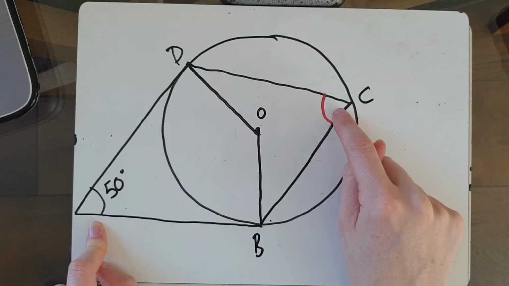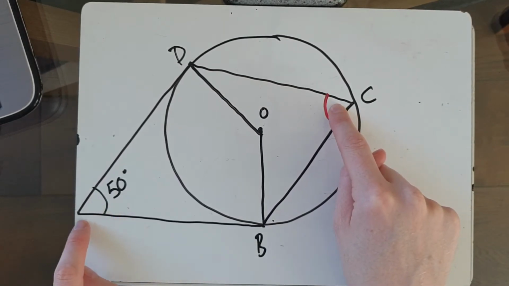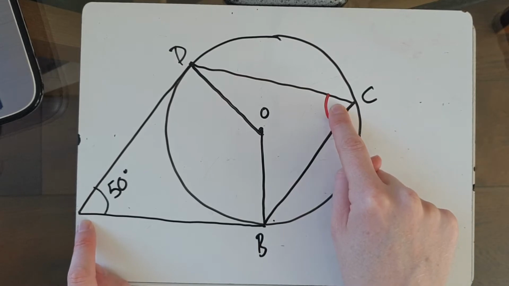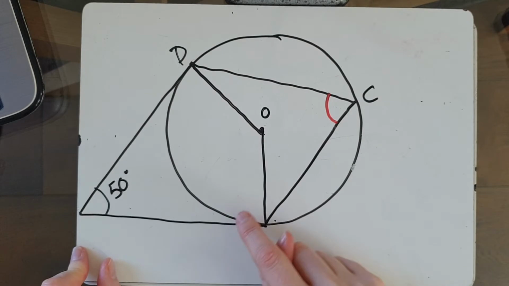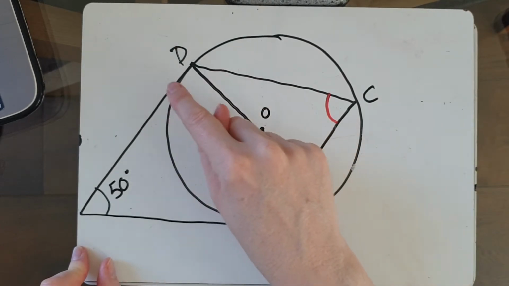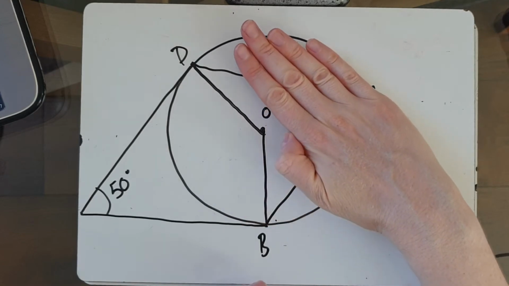It would be difficult to find this angle from this angle. It's not a cyclic quadrilateral because this point is outside of the circle. And this does form a quadrilateral, but we don't know the size of these two angles, so that doesn't help very much. So what we want to do really is, to start with, we're going to ignore that part of the diagram,